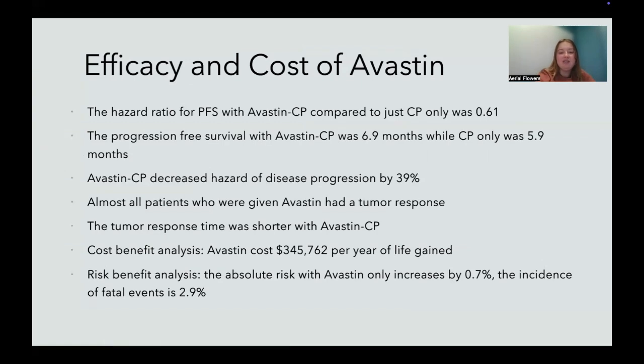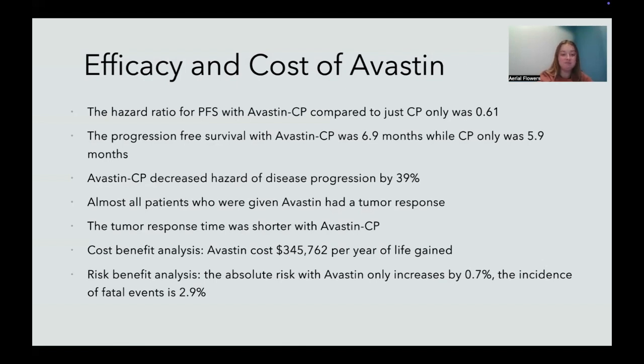Next, I looked at the efficacy and cost of Avastin. The hazard ratio for progression-free survival with Avastin CP compared to just CP only was 0.61. The progression-free survival with Avastin CP was 6.9 months, while CP only was 5.9 months. Avastin CP decreased the hazard of disease progression by 39%, and almost all patients who were given Avastin had a tumor response, whether that means that the tumor stayed at a constant size or shrunk. The tumor response time was shorter